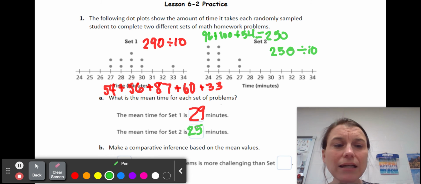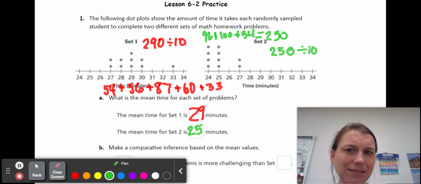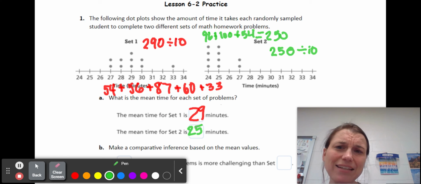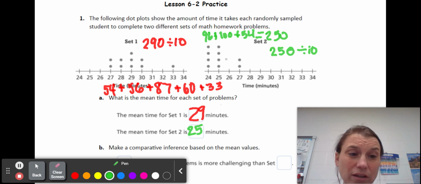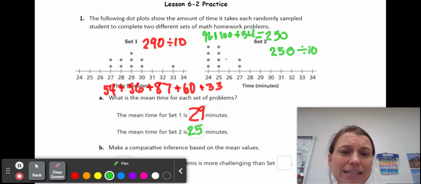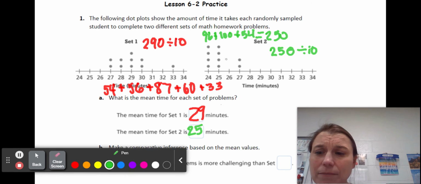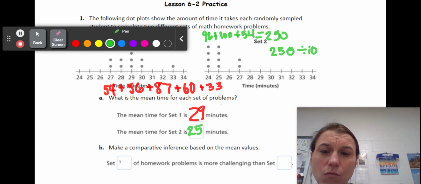I could already tell from my data clusters that in set 1, the data clustered around the 28 to 30 range, whereas the data clustered in the 24, 25 range for set 2. So it doesn't surprise me to find out that the mean for set 1 is higher than the mean for set 2. So what inference can I make? Based on the time it took them to complete, it seems like set 1